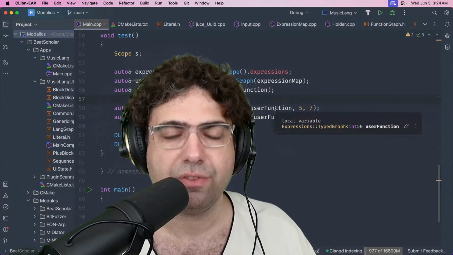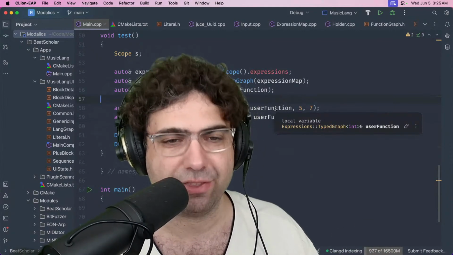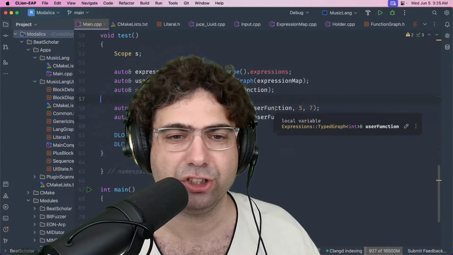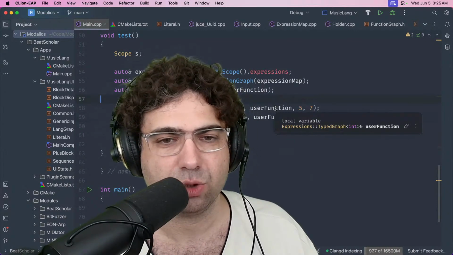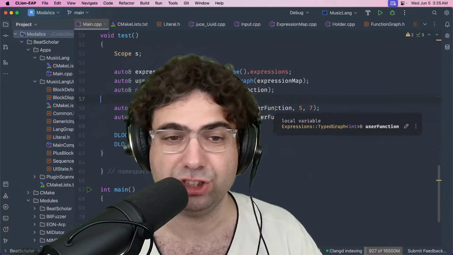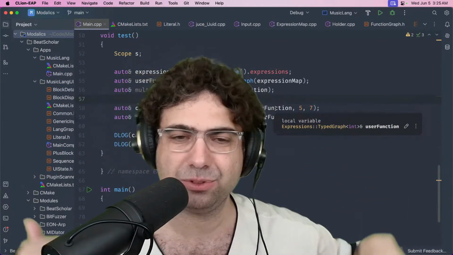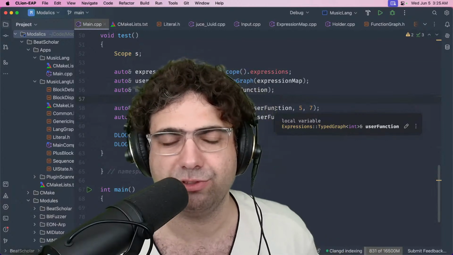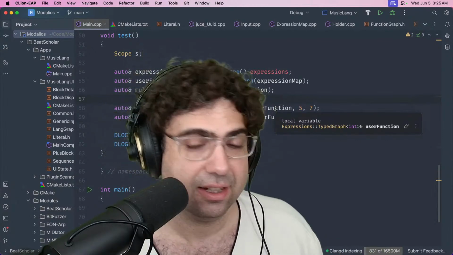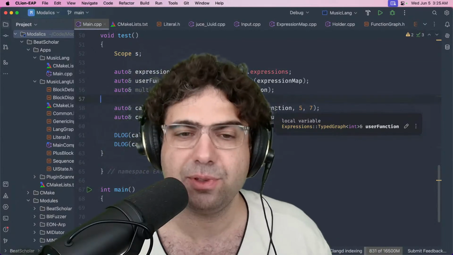A lot of these functions could be chained together. You can create, for example, another function that creates a piece of music and pass that function into something that chains things. So there's going to be some interesting concepts when it comes to function chaining, function connecting, and yeah, this is basically what I'm doing.